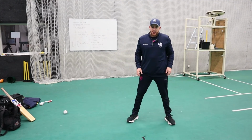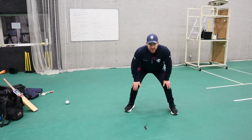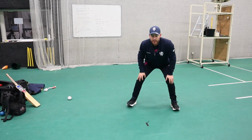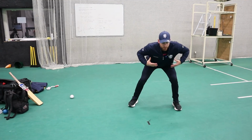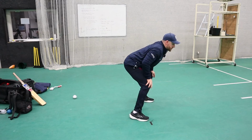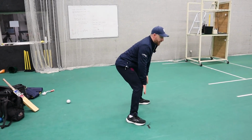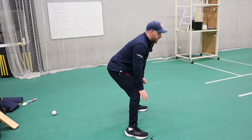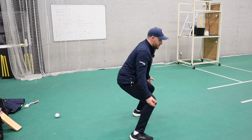It's really important, especially at slip, that those balls that are in front here, I have access to. So as that ball's been hit or nicked, my body weight doesn't go back into the heels of my feet, that they stay in the middle, if not a little bit further, so that my body weight can then get out in front. So if you look from side on, you should make sure that you see the shoulder line and the hands line always being relatively in front of your knees, so that you've always got access to balls coming in here. The minute you get a bit too far back, use a bit too much knee bend, your hands then get in between here,